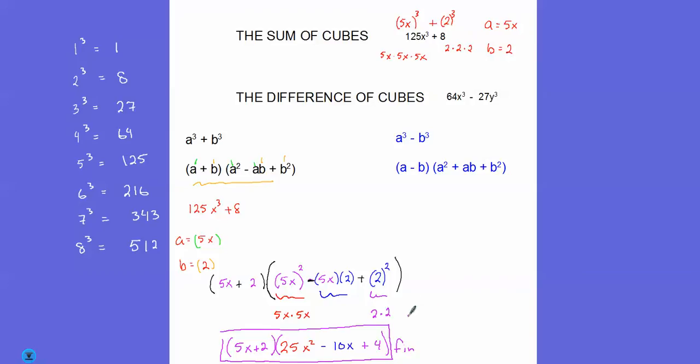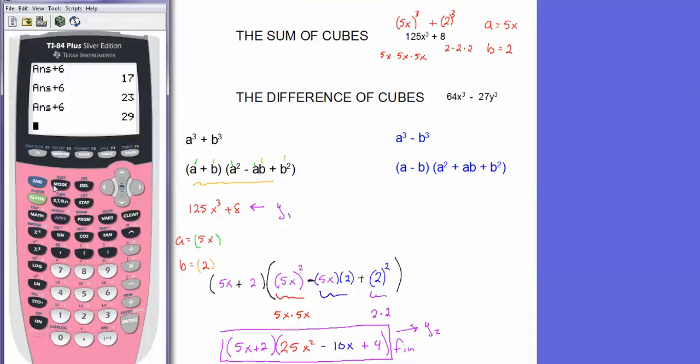We can check this in the calculator, as we did before, by typing this red quantity here, the original problem, into y1. We would type this final product here into y2, and we would compare the two lists. So here we have the calculator, and I'm going to press y equals. In the interest of time, I've already typed in 125x cubed plus 8. I've typed in 5x